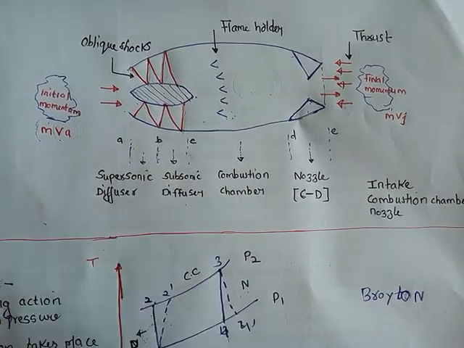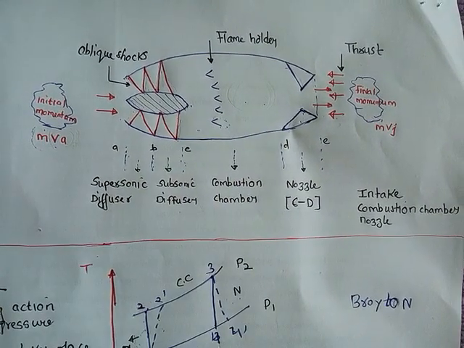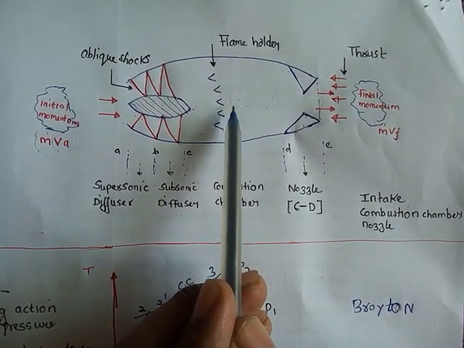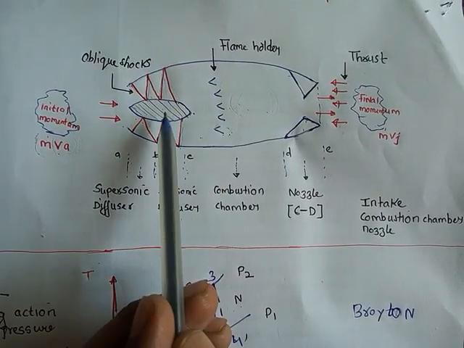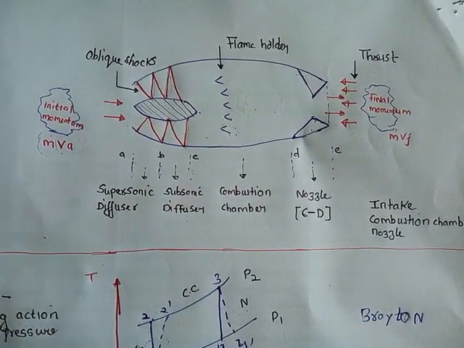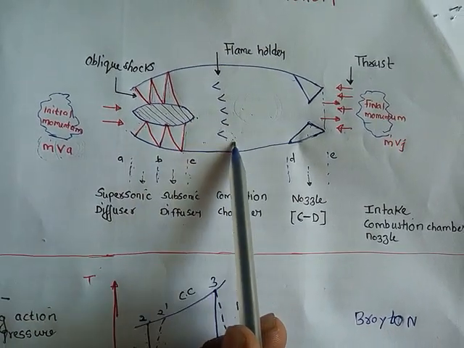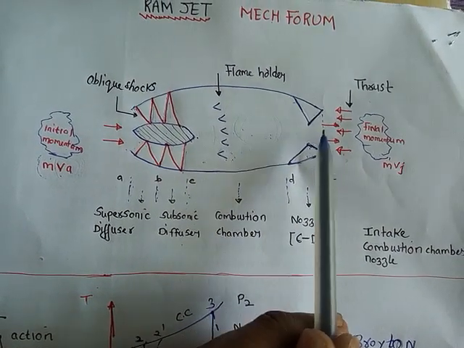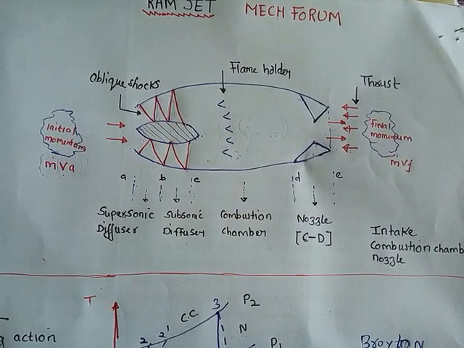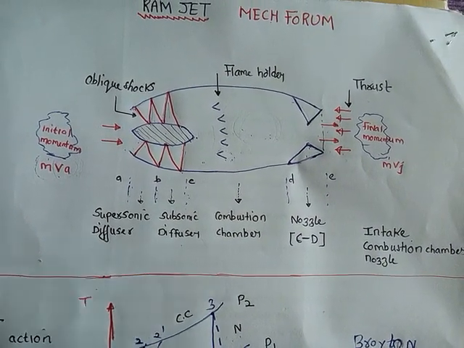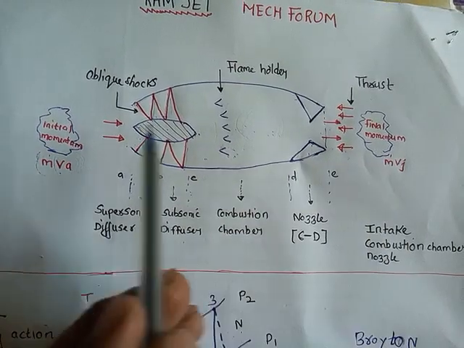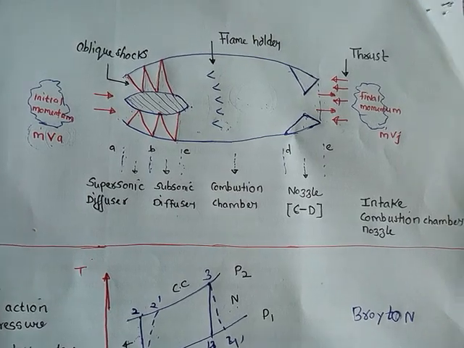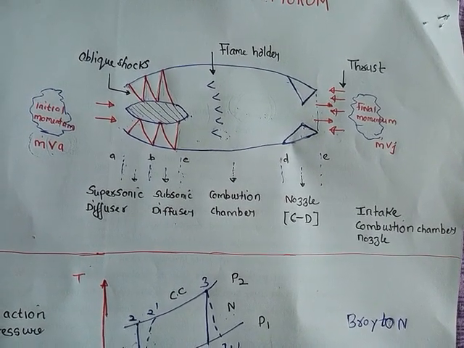Now what is the function of a flame holder? It stabilizes the combustion, because this is a combustion chamber. Here we have a number of injectors which inject the fuel, and it will mix with the incoming high velocity air. So combustion takes place. This flame holder stabilizes the whole combustion process, and the high velocity gas that is generated will get expelled out from the nozzle section at a very high velocity, so as to generate a final momentum, and the difference in the momentum will create a thrust in the forward direction. Fine. This is related to the construction and the working of a ramjet.